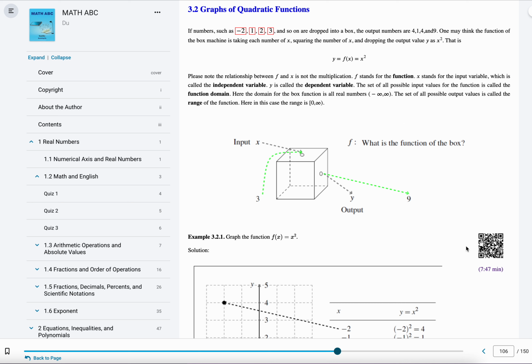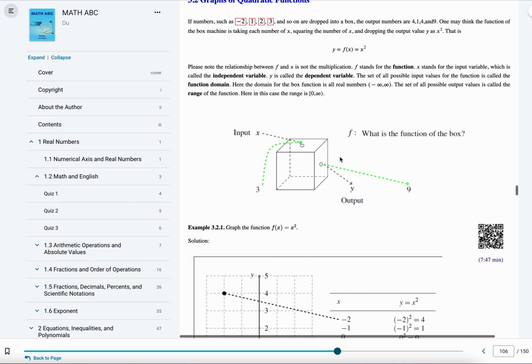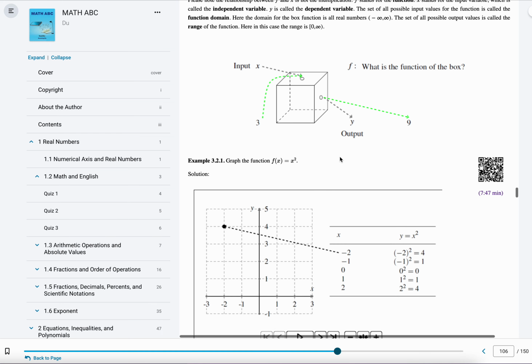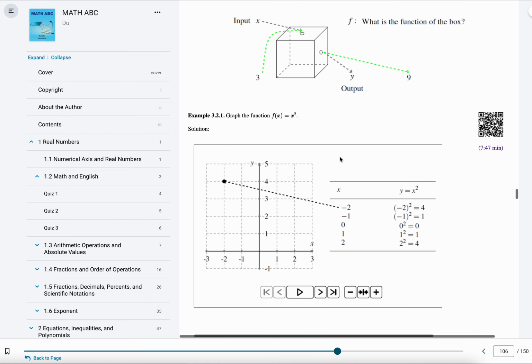Again, here you may use your cell phone to scan it to let me explain how to do this part. What's the meaning of this page? What's the meaning of function? And then that's the video part. Animation: what is the graph of this function x squared? So you can go frame by frame. You see here,